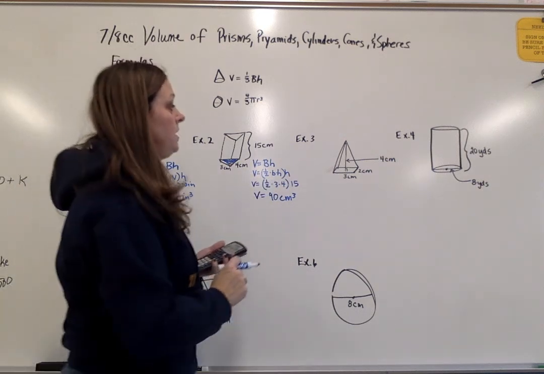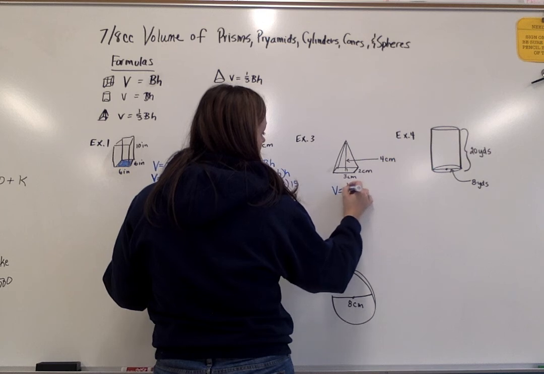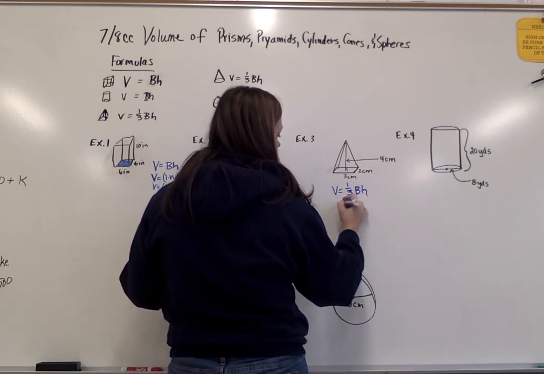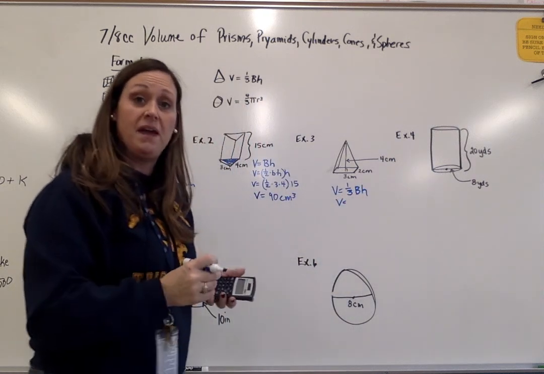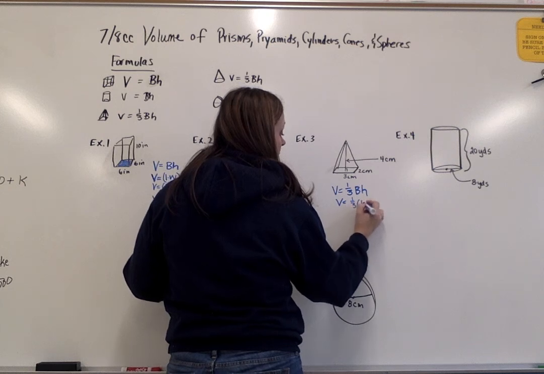In example 3, this is a pyramid. The formula is 1/3 base times height. I have to identify the base. The base is a rectangle. Therefore, it's 1/3 length times width